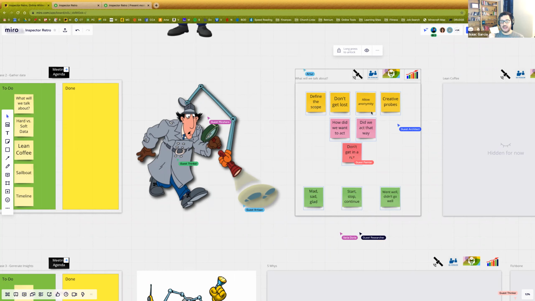Let me give you a story that helps explain this. I got a question about a retrospective where someone said, we had a retrospective and I did an anonymous "let's gather things we want to talk about." And someone put in something inappropriate. They put it on a sticky note, and that anonymity allowed them to say, I forget what, maybe a curse word or something they shouldn't have said. And so the person was asking, how do I stop that? How do I keep people from saying bad things?